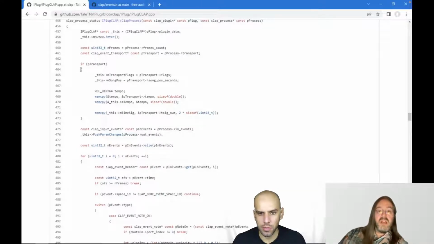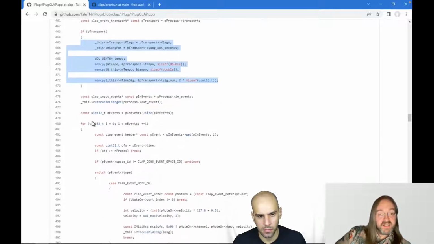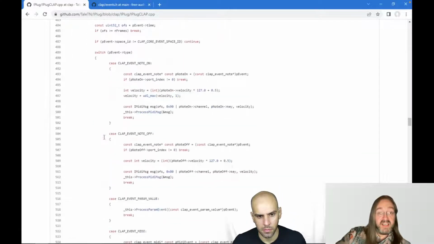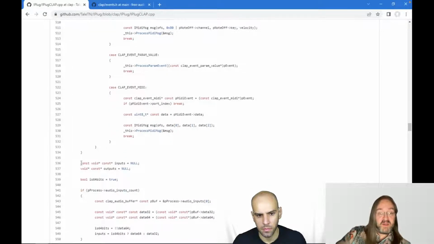Okay. And when we are receiving audio, we are receiving blocks of audio or buffers in pretty much the same way we are used to everywhere else. Yeah, because what you're looking at here is still not processing audio. Because this code is actually looking at things like tempo changes, that sort of thing, and the song position. This code is actually parsing MIDI events and parameter changes. And those are indeed all the same sort of thing. So that's all events. And only here do we finally start to process audio.